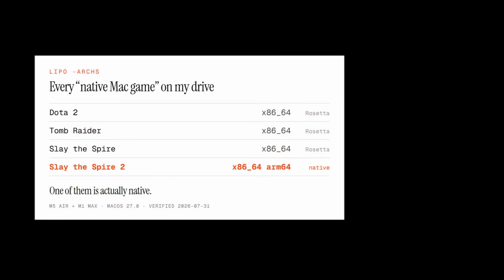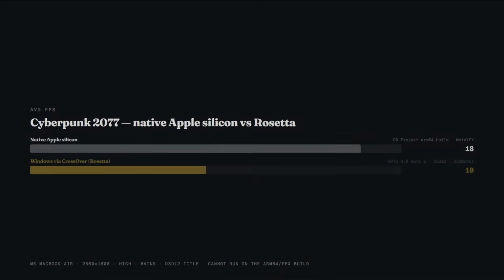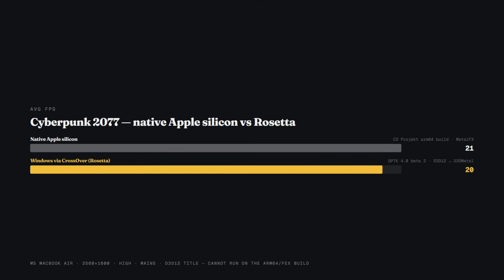The x86-64 is Intel code running on Rosetta. So it's just different ways of emulating, and we'll take a look at how that does. Additionally, I tested Cyberpunk because there's the native version, so we could get an idea of, if, for example, Dota 2 or other developers went fully native, how that compares. Cyberpunk runs natively with Metal FX versus using